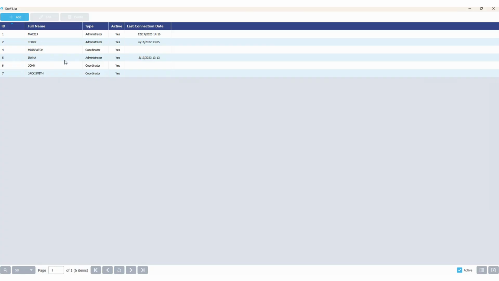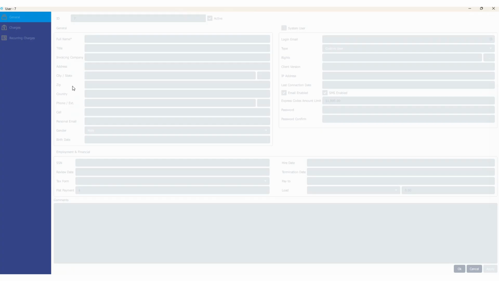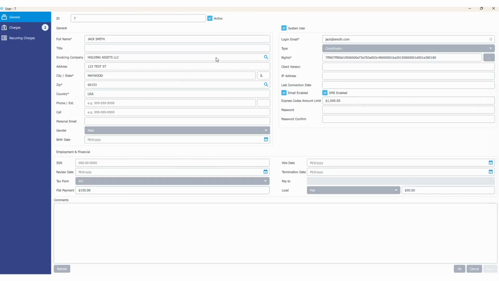here. So this was done in order to allow for generation of settlements for non-system users as well as dispatchers and coordinators to automate that process and make that settlement generation available for them. So if we go into a profile now, you are going to see additional information from the user and now